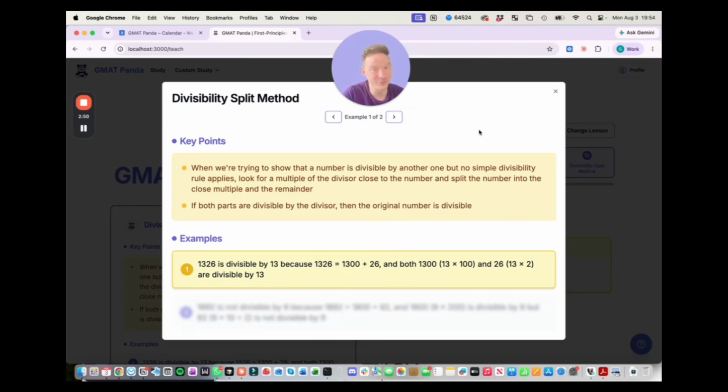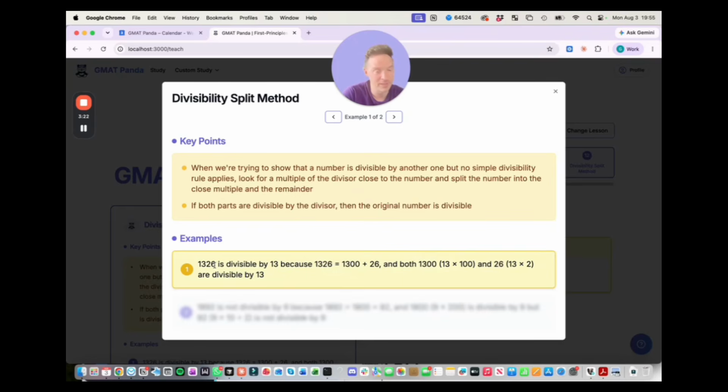Now, this also works for subtractions. So, for example, if we did 1300 minus 26, we can also show that it's divisible by 13. This also works for showing that something is not divisible by a number. Right? So let's say the number we have is